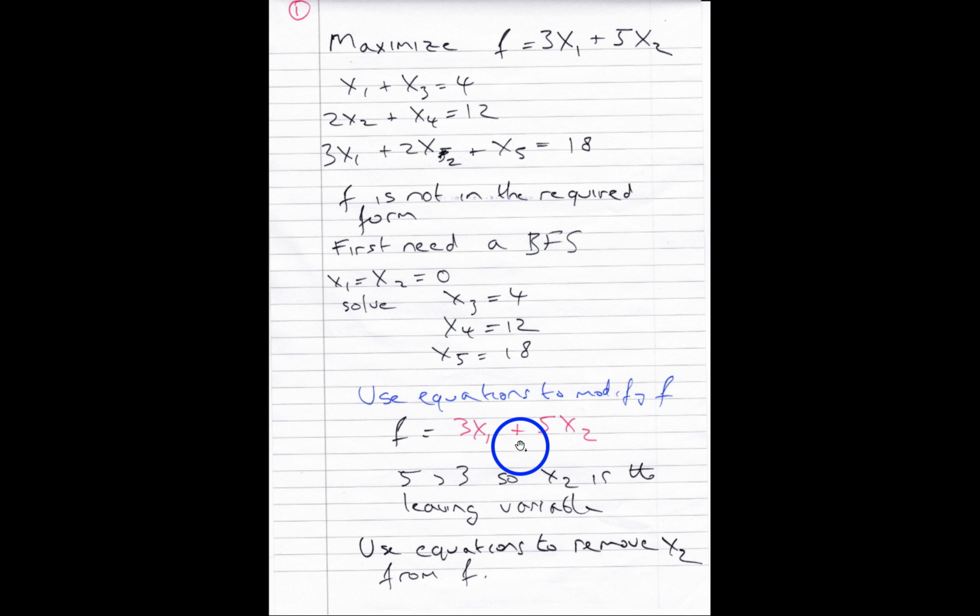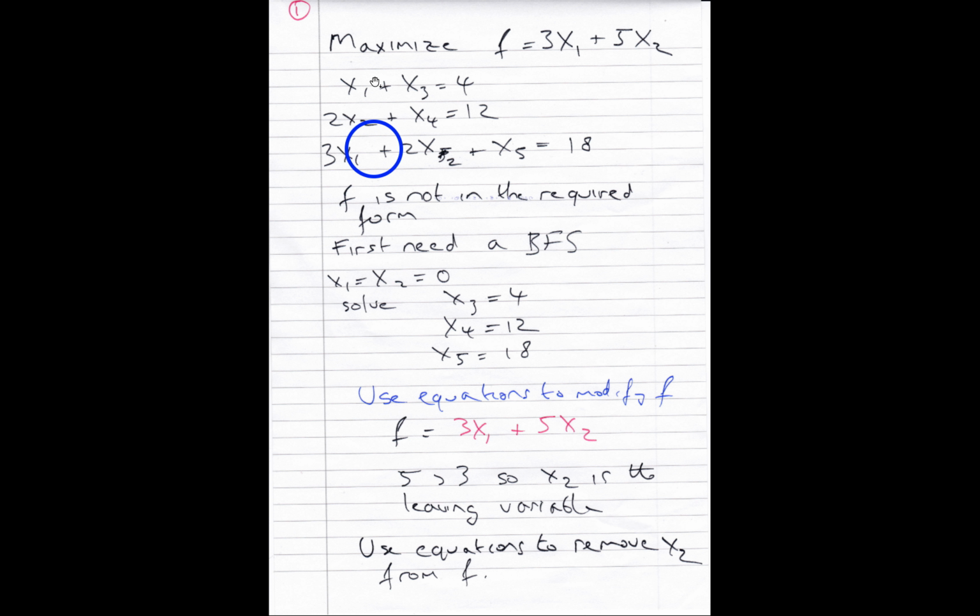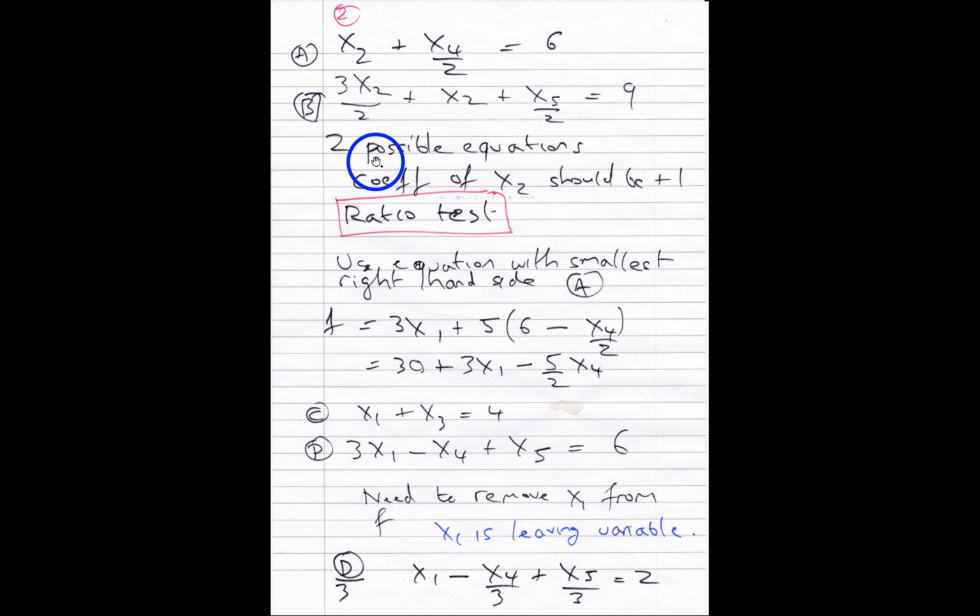Because 5 is greater than 3, we've decided to use the equations to remove x2. In the jargon, x2 is known as the leaving variable. If we go back, we have these equations and we can get rid of x2, so essentially we have 2 choices of possible equations. This is an algorithm, a set of steps. You normalize the equation so the x2 has positive coefficients, and then the algorithm is